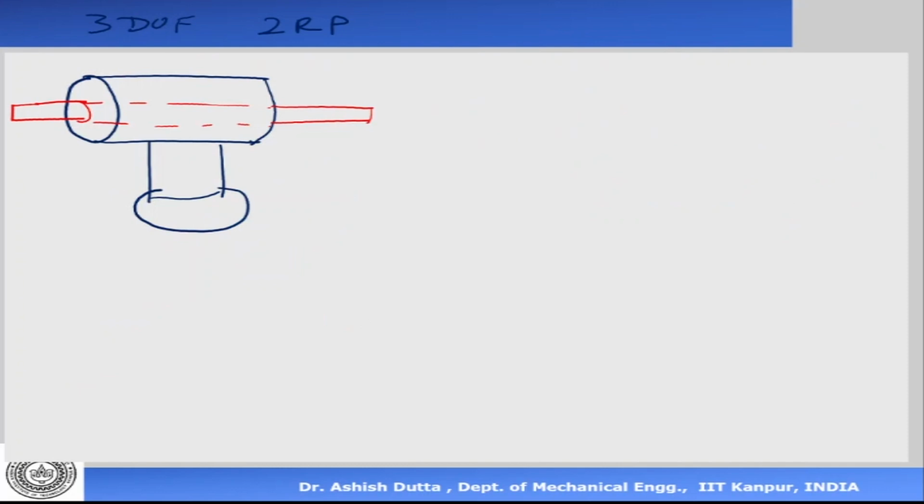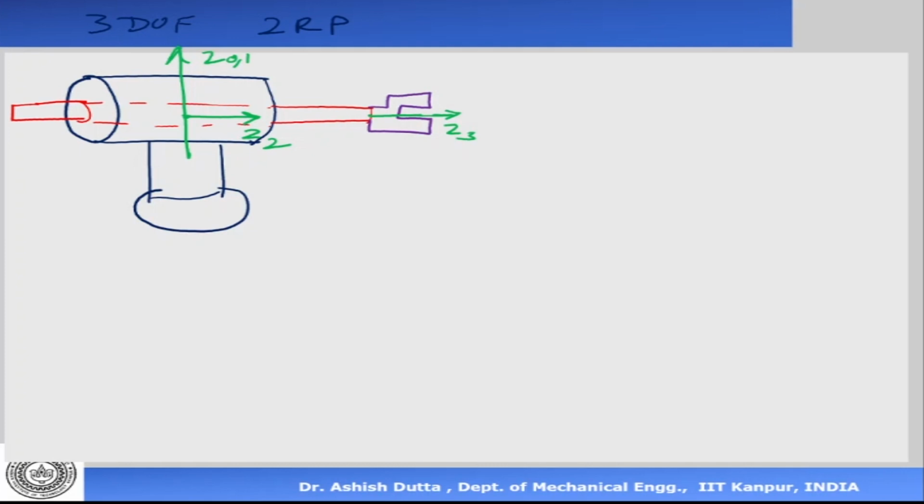And where is the third? The third is the gripper. So let's say there is a gripper here like this. Now we are going to assign our frames. Let us assign our frames like this. The first frame we're going to assign is the z-axis. So z0, z1 is here, z2 is there, and z3 is here. Okay, we will assign our z-axis.